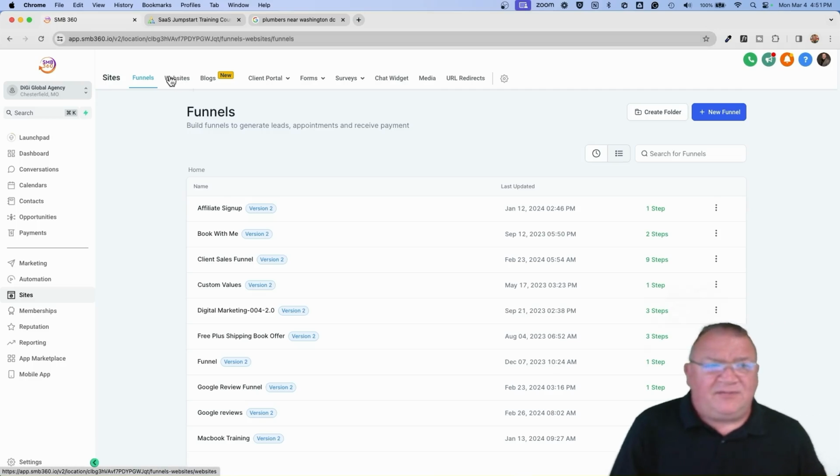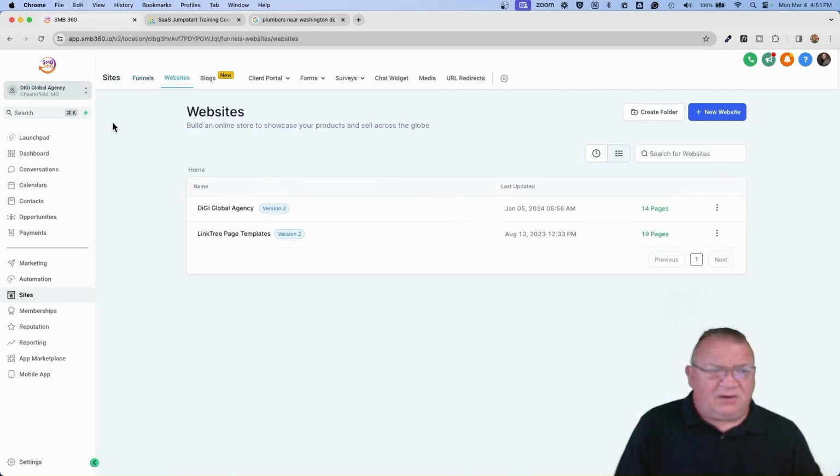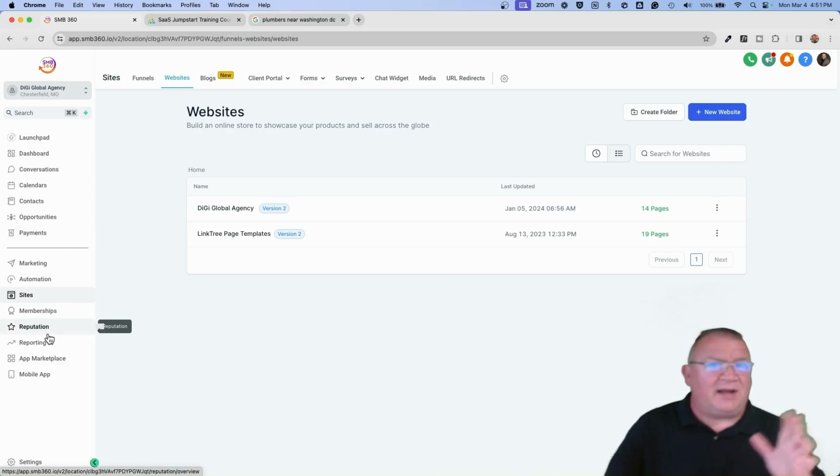Now, if you sit back and look at a website, we're going to go into here. This is one of our demo accounts inside of HighLevel. This is what it looks like. It has a bunch of different tools over here. I'm not going to blow your mind and go through all the tools, because really at this point, it will probably blow your mind with all the things that you get.